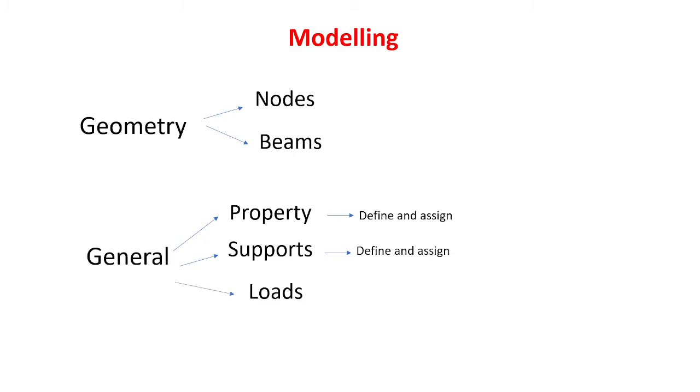So the next one is the loads. It is very important here. In the loads you can directly give the loads, but generally when we are considering any residential building or anything else, we will have the dead load, live load, wind load, earthquake loads. These we call load cases. The dead load is one case, live load is another case. Then all these cases we can combine together, that is a combination. Dead load plus live load into 1.5 is one combination, and dead load plus wind load is another combination, something like that.